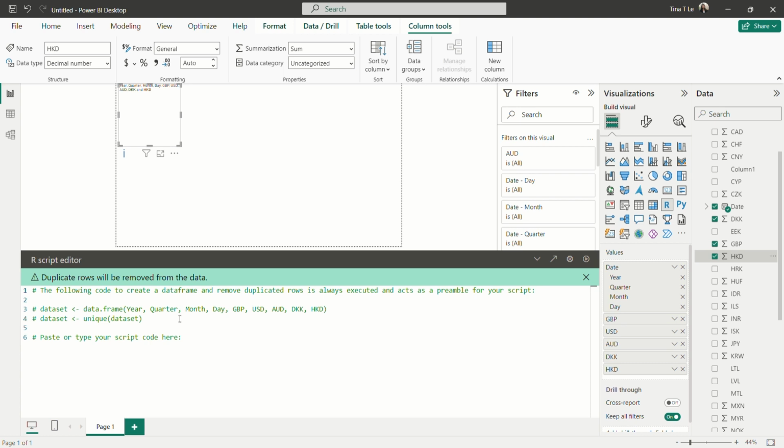And behind the scenes, Power BI communicates with R to process all this data, and it feeds the parameters to give us this. Beneath it, we can write our code to plot it, and it'll also run through R. And since Power BI has already placed our data into the dataset, we're going to access specific columns using the $ sign. So we're going to write plot, open parentheses, data, and then we're going to access some columns using the $ sign, Great British Pound, comma, and then another one, dataset,